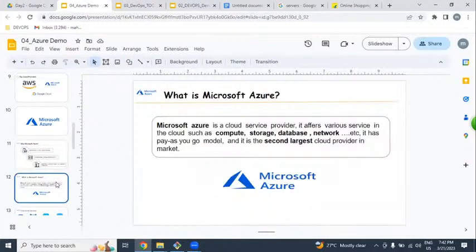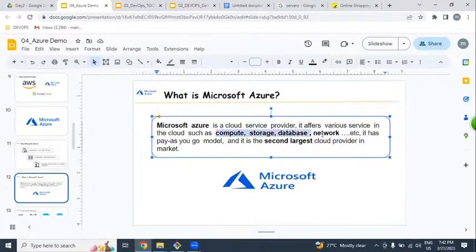By using Microsoft Azure, we can get infrastructure: computing power, storage, databases, and network. It works on a pay as you go model, which means rental based. It is the second largest cloud provider in the market.